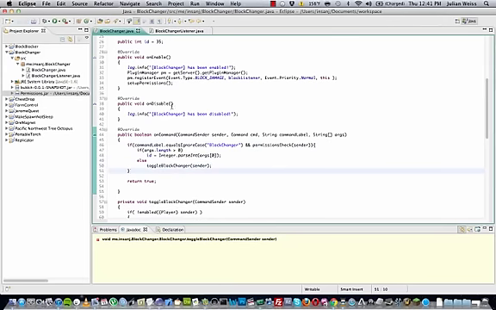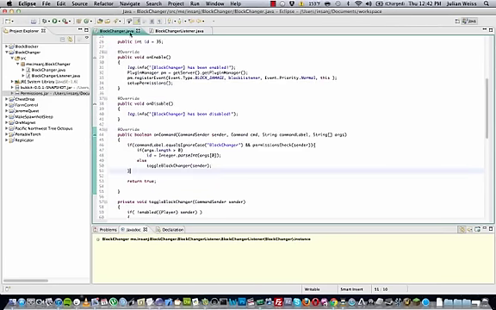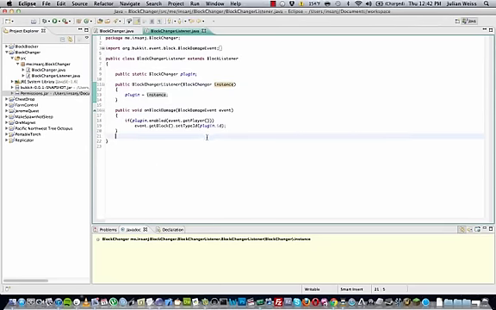Save. Alright, so now we want to go into block changer listener and use ID instead of 35. Really easy, just type in plugin.id. What this does is, since plugin is equal to the currently running version of this, it'll just access the current